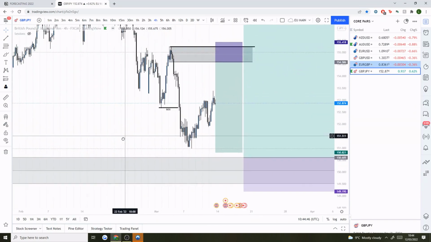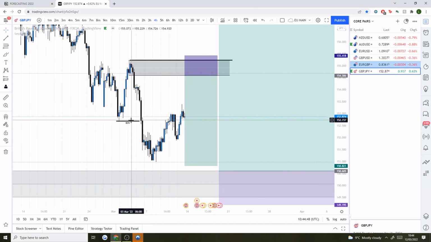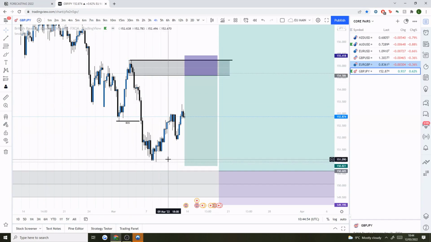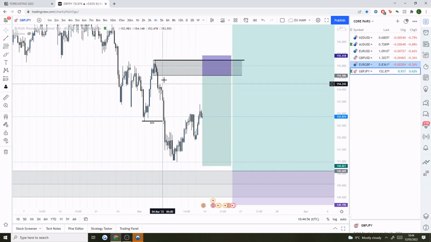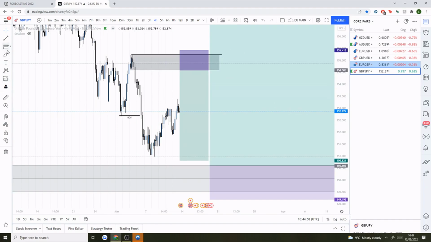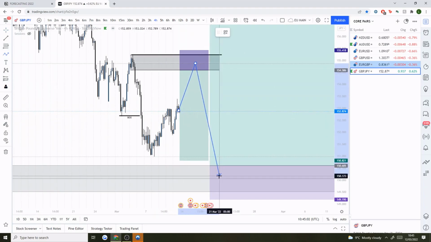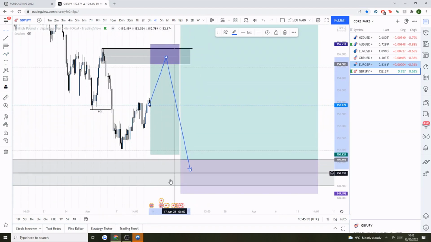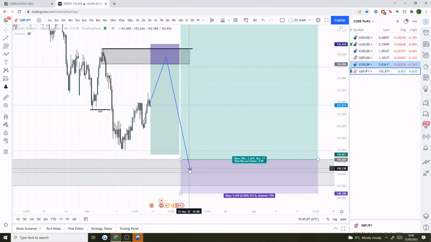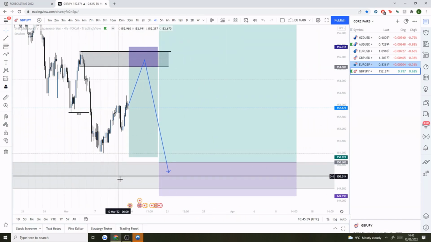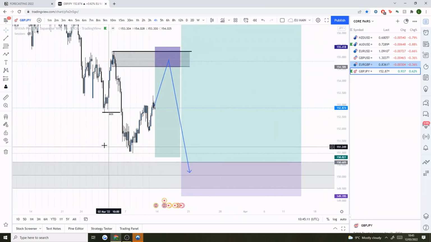And looking at the 4-hour structure, we've currently broken structure here. So we've got our high up here with a clear order block which has imbalance, and then we've got the low down there. So in terms of what's happening right now on pound yen, I'll just be looking to take this sell position away from there. And then when we do get into this area here, we can look for potential demand coming into the market to then reverse this 4-hour structure.